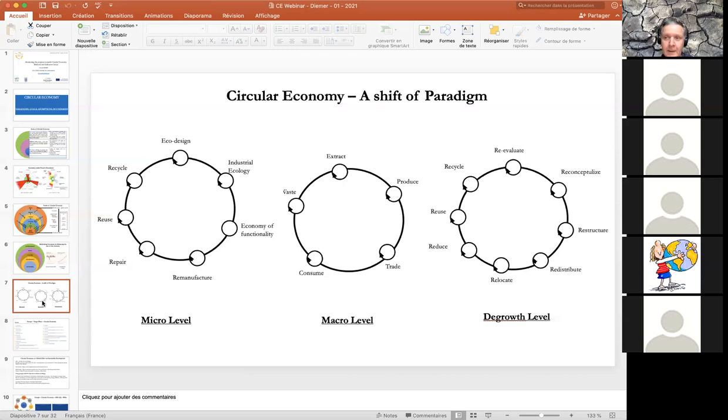And the last one, maybe if we could imagine a shift of paradigm and maybe to measure something, and I think Europe could be a very good area. It's to understand that circularity needs to be reevaluated most of the time. We need to restructure, even think about what distribution we have. I mean distribution about added value, for example, and how we can relocate activities, reduce activities, I mean economic activities, before thinking about recycling.